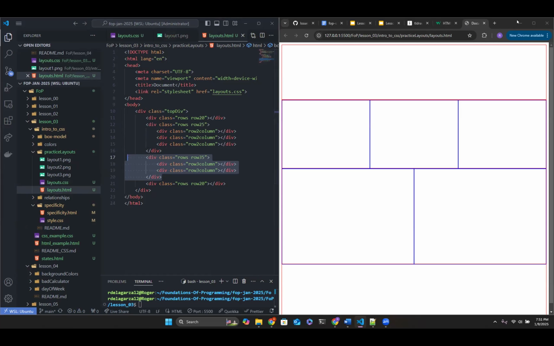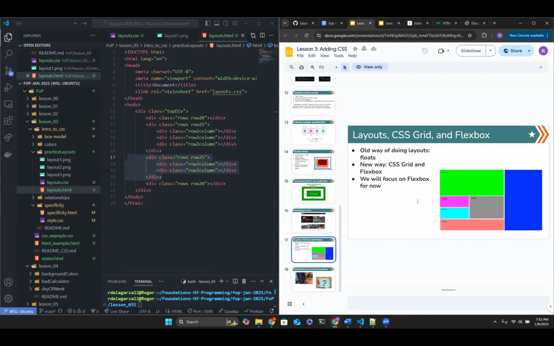All right. Well, to finish out the lesson once again, we talked about Flexbox. CSS Grid was a new way. I think Grid is one of the new ways that just came out. Some people enjoy Grid more than Flexbox. I was taught Flexbox. I enjoy it. I think it's an easier way of doing it. There's a lot of functionality to it, so every now and then you might have to go back and revisit Flexbox if you want to make sure you stay up to date with it.